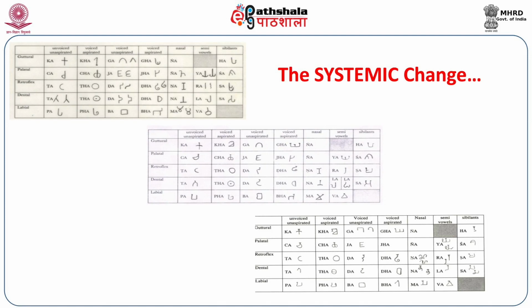If we look at the first structure and compare it with the second one, we find that these two are completely different from each other. The same is true of the second and the third structures, which are completely separate from each other. So, if we look at the structure represented in the first table and compare it with the second table, they are two completely different structures. Likewise, if we look at the second table and compare it with the third one, they will again look completely different from each other.